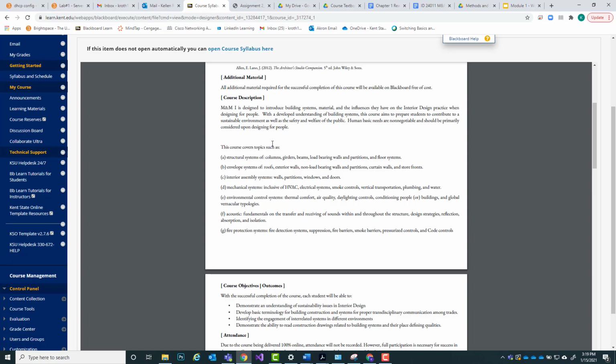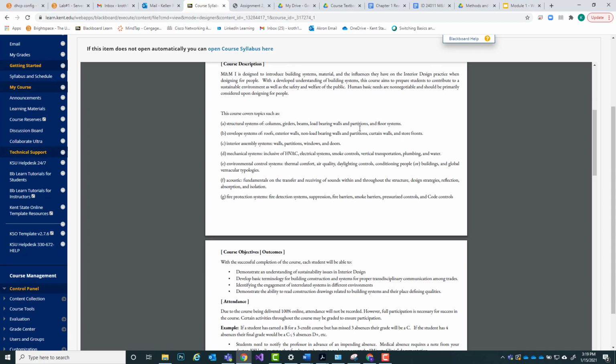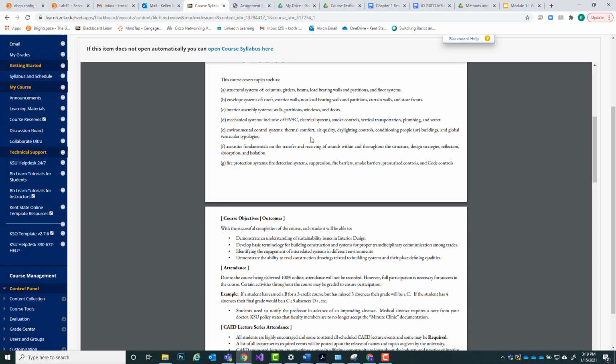This course covers topics such as structural systems of columns, girders, beams, load-bearing walls and partitions, and floor systems; envelope systems of roofs, exterior walls, non-load-bearing walls and partitions, curtain walls and storefronts; interior assembly systems, walls, partitions, windows, and doors; mechanical systems inclusive of HVAC, electrical systems, smoke controls, vertical transportation, plumbing and water; environmental control systems, thermal comfort,